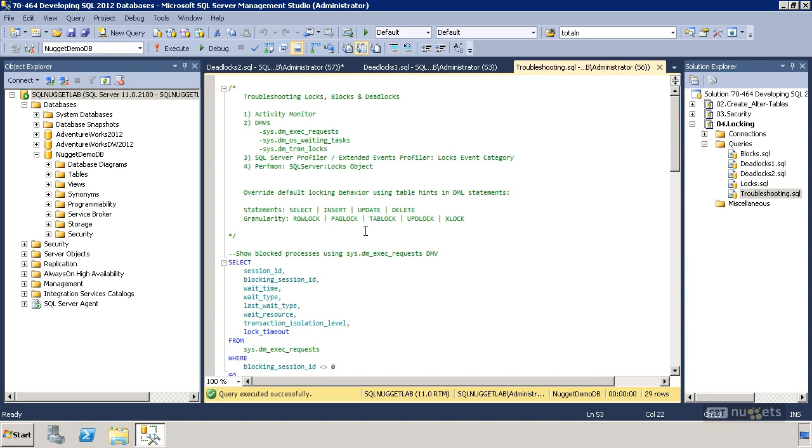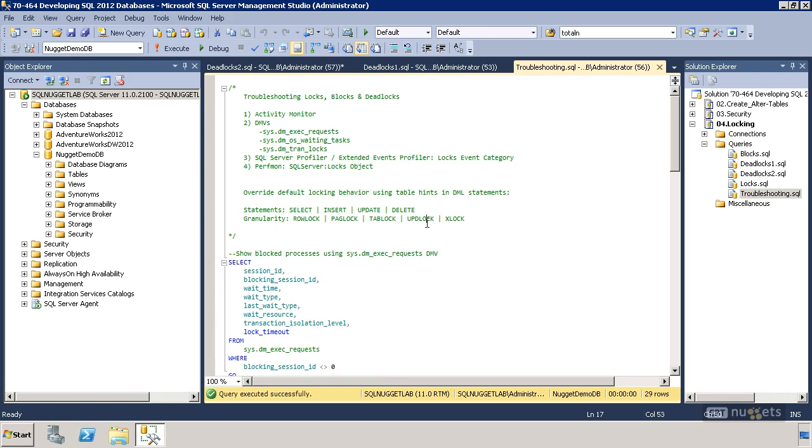And then down here, I also wanted to show you, actually, let me scroll back up top here. I wanted to show you some statements. So if you want to test this stuff out on your own, then along with the select and insert and update and delete statement, we can use table hints. And that means anytime after you specify a table in your query, if you do a with and then in parentheses use a hint,